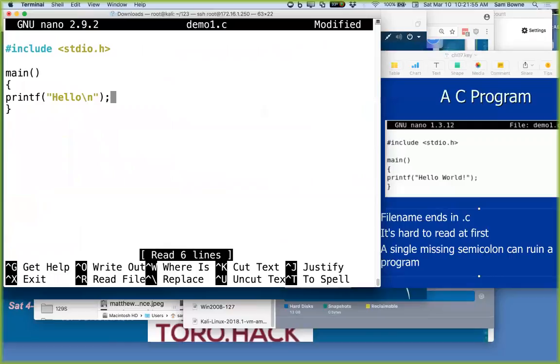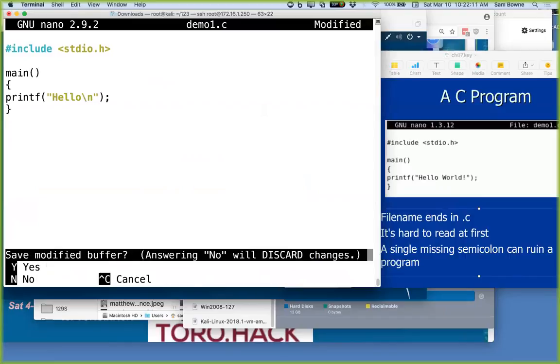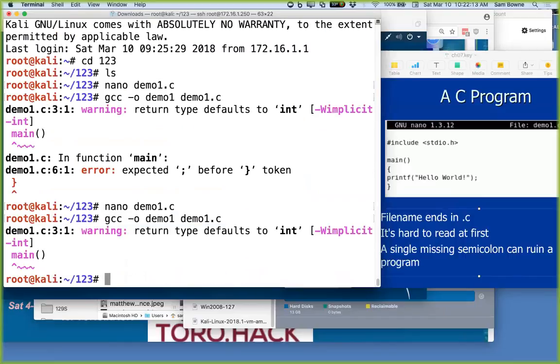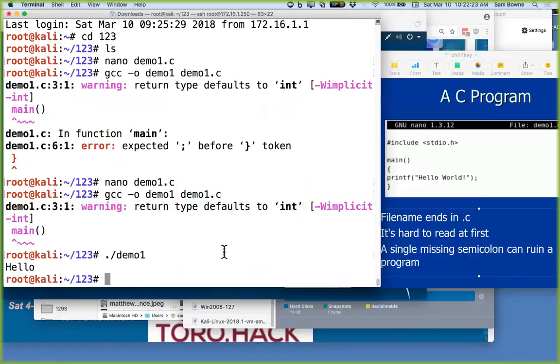That kind of mistake, the compiler can't catch, because there is a variable called j, and for all it knows, you intended to use j, but that leads to some sort of disaster because j doesn't contain the data you expected. Your computer can't detect that. Only your humans testing it can detect that, and they often don't. And so you end up with code that doesn't work. So now I compile that. Now I get a warning telling me it would have liked me to specify that main was an integer, but it made up a default value. So now I can run, it will run, and it prints hello, and nothing bad happens.